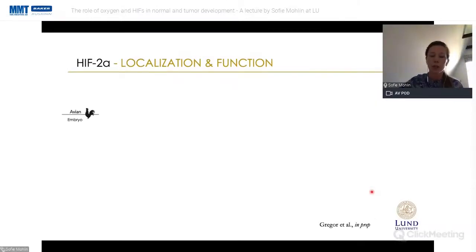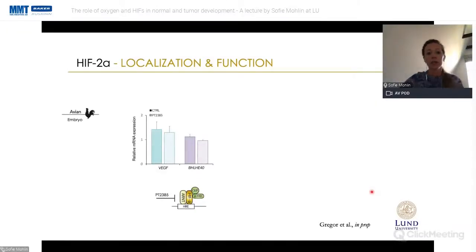So we went back to our chick embryo and we looked at these HIF downstream targets when we treat with PT, no effect, just like we see in the patient-derived cells. So again, also here to verify